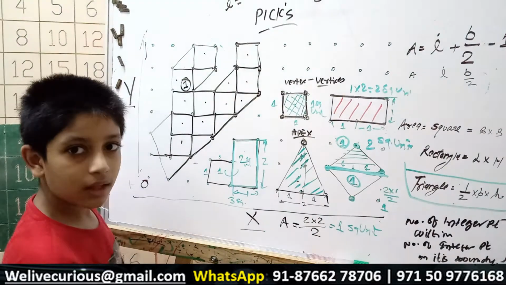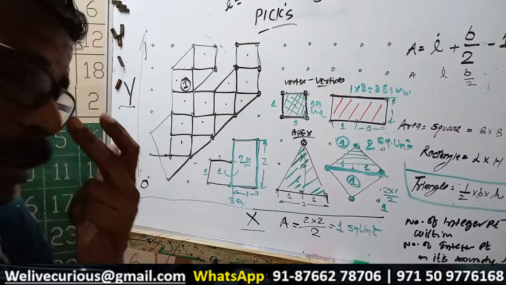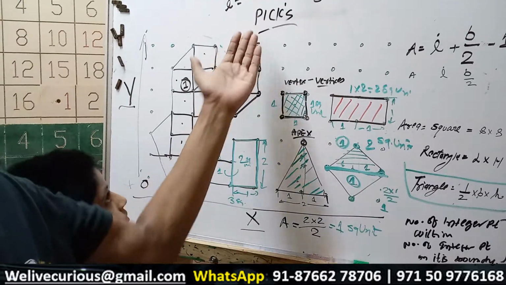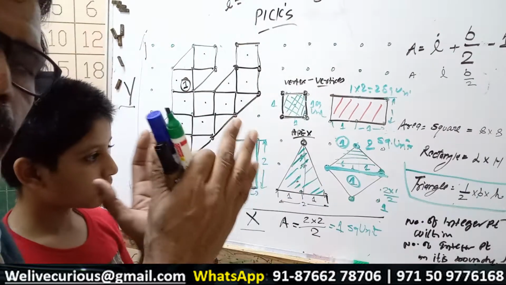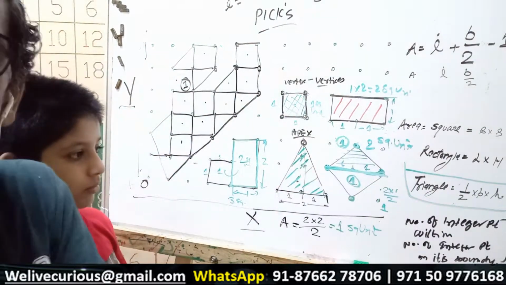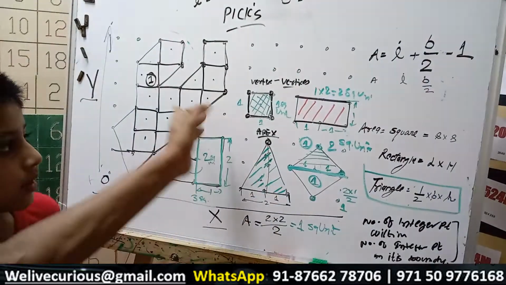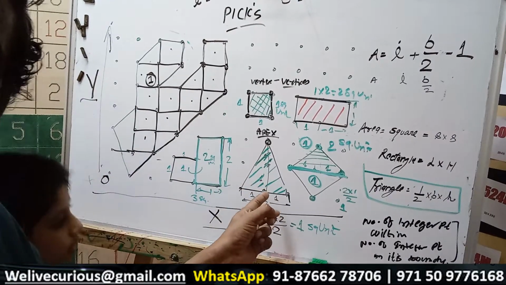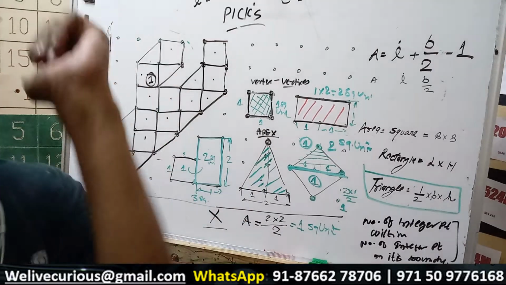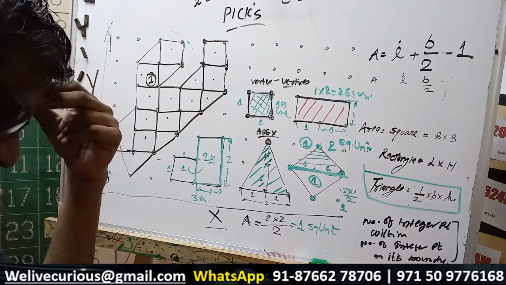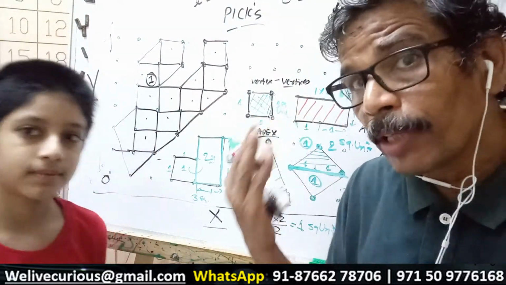Now, this way, can we calculate this? Of course we can do it. We can do many calculations. But this gentleman, Mr. Pick, helped us with a formula. He was a mathematician. He came up with a formula that is very, very handy. See how long we took to make this calculation. What he says, and where you can use it, because in the class, many of you were asking where we can use it and where we cannot use it.